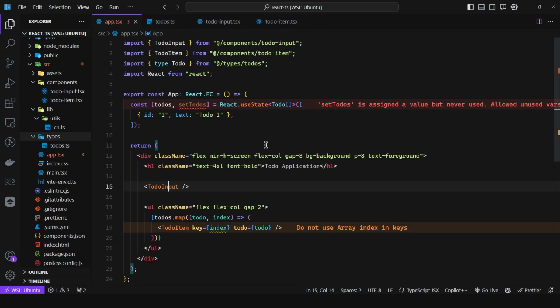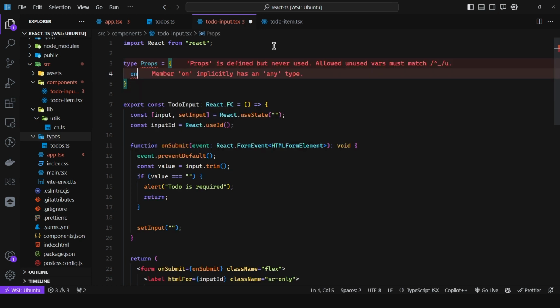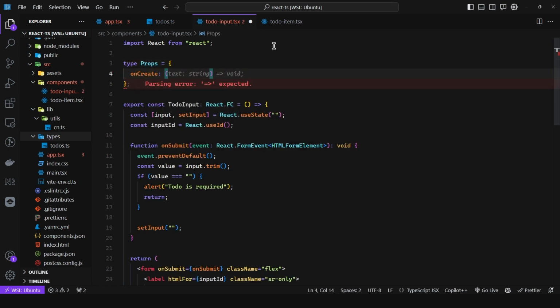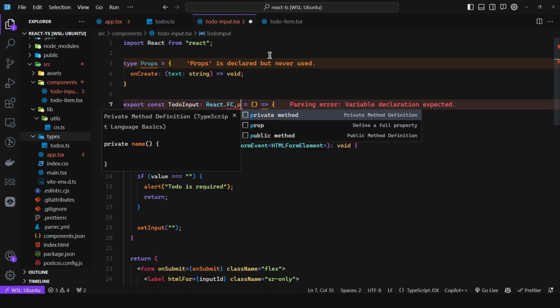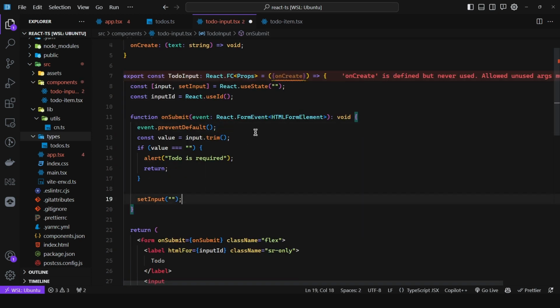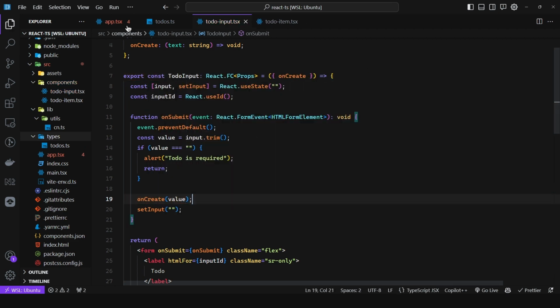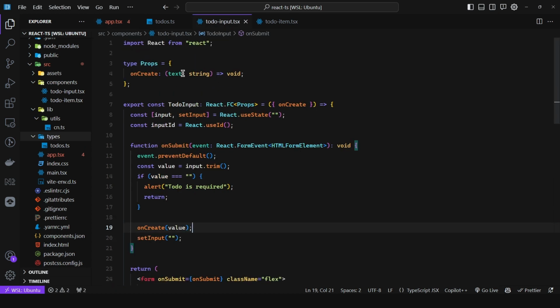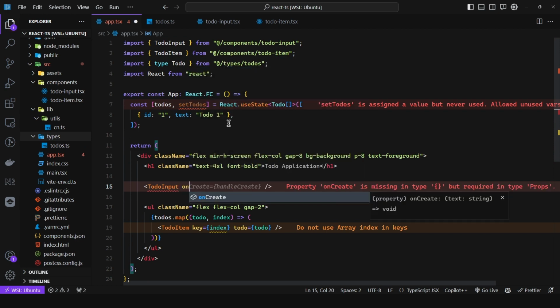Either we can define the type props to be onCreate, so this will take in a to-do, or it could be just a string that's also valid. Then we can say props, and then we take in the onCreate function, and then we can say onCreate, and we pass in the value. And this way, we're passing in a function, so again, we pass in an argument which is of type string, and so when we invoke it, we're passing the inputted value but trimmed,